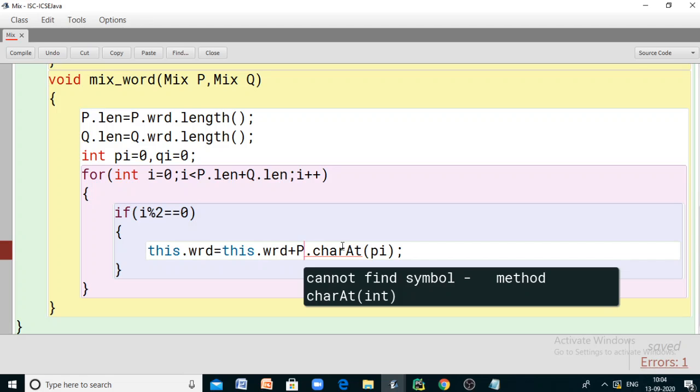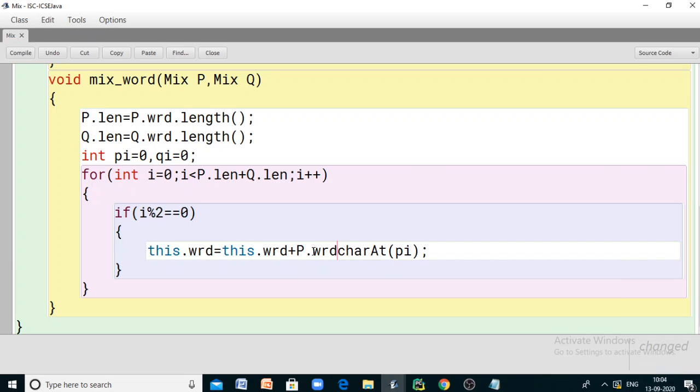So the word is the member of p, and you are getting the character from the current word of object p and adding it to this dot word. Once you access the current character from the current word, the first word, then increment pi by 1 to denote the index of the next character to be extracted.